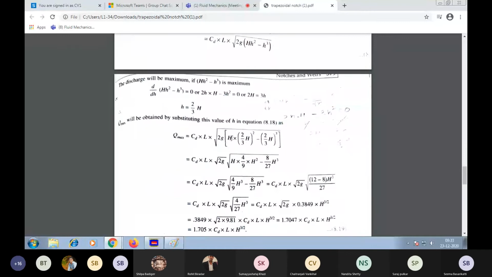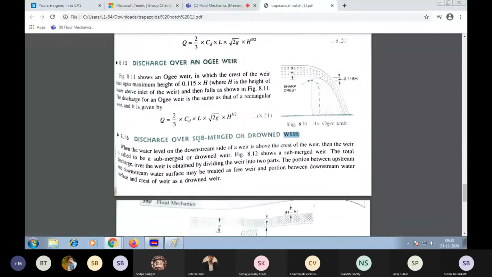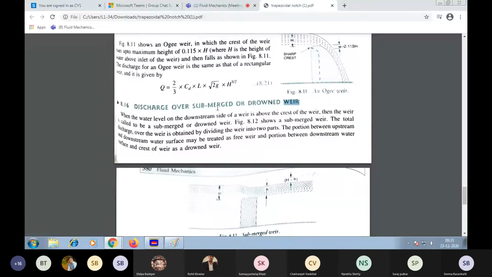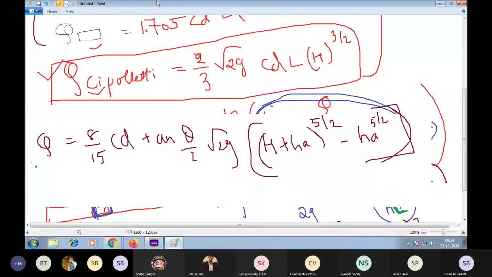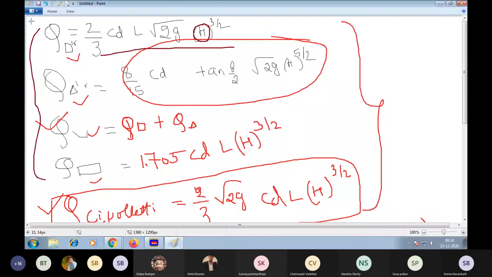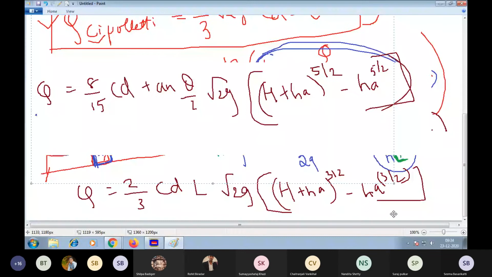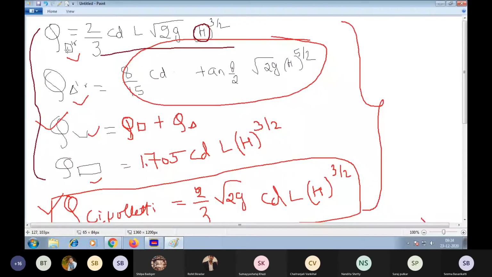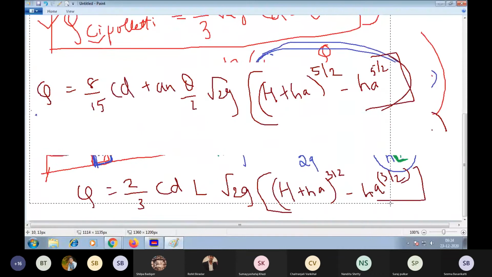In which condition do we say the water is completely flowing over the surface of the weir? That is a submerged weir. This exists in perennial rivers. There are two types of rivers. Have you heard about perennial river? If you know, say yes. If you don't know, say no.